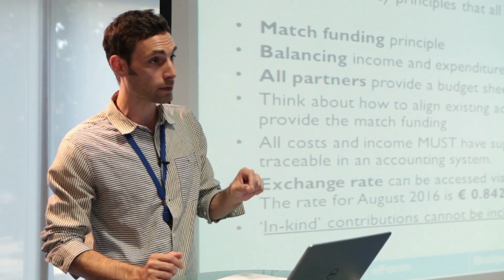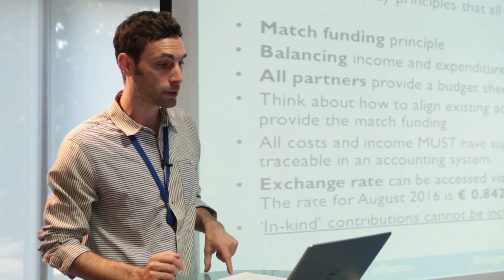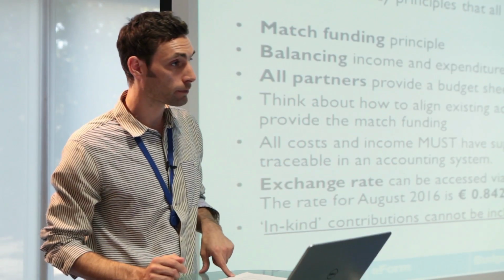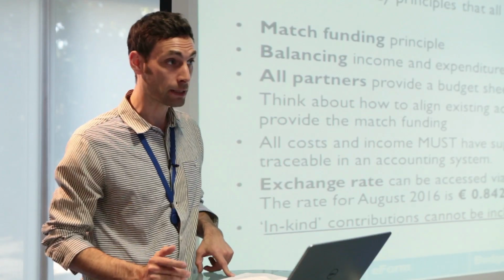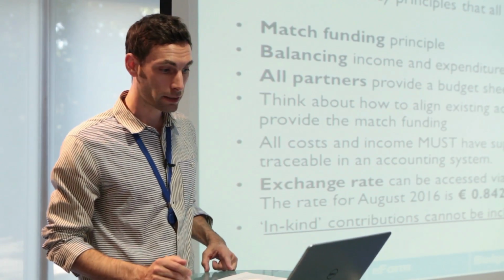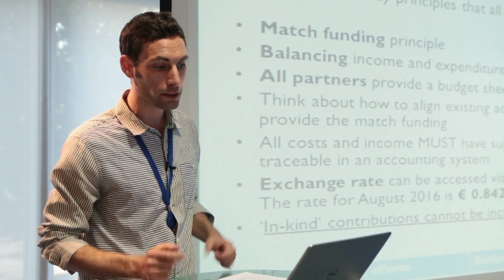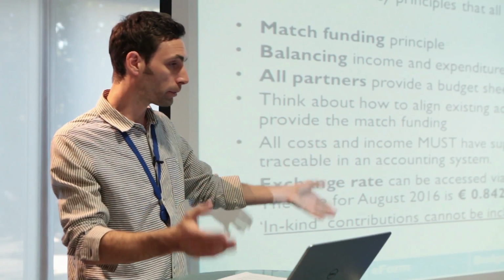Anything you can't trace in an accounting system is not eligible for you to put in as income into the budget. So if you're working with volunteers and volunteer time, if the volunteers aren't being paid, you cannot put that into the budget, sadly. However, this comes with a big fat caveat, which means that if you want to donate your rehearsal space